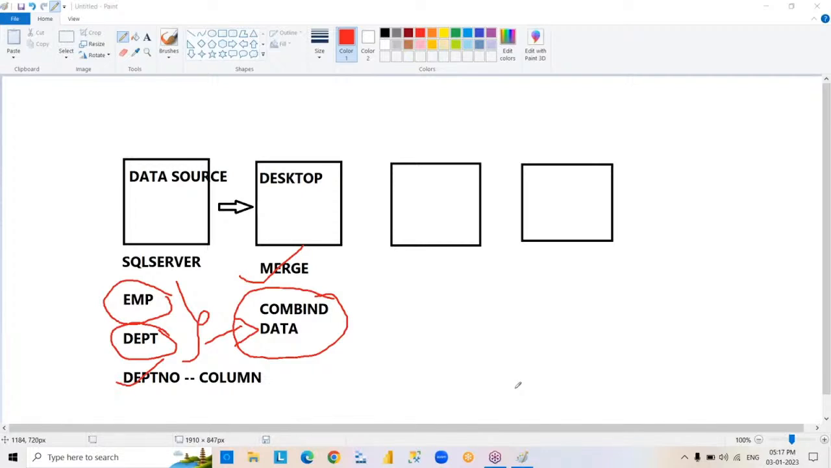We are going to minimize the number of tables from 2 to 1. 2 to 1 only. Please check it. Right. So now, after finishing this merge transformation,